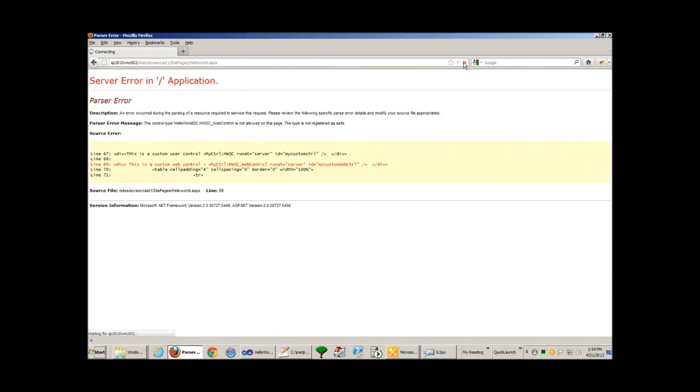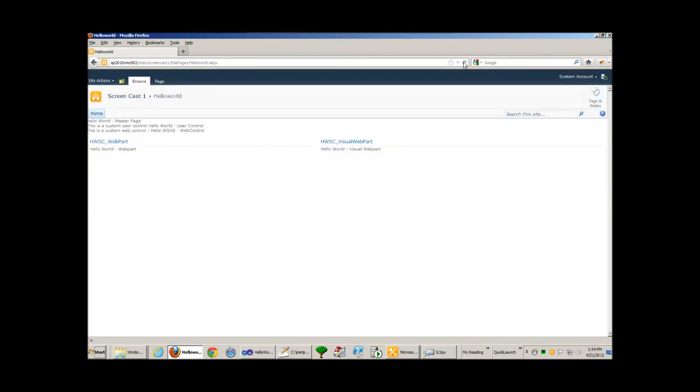Okay, so I do have hello world from user control, web control, everything shown up in here. Now, is this all that you can do? No, there are a few more tricks. I will show you a couple of more tricks that you can do to add content to